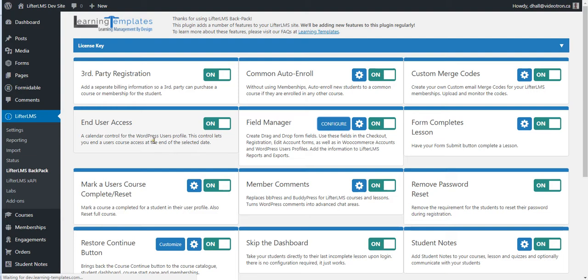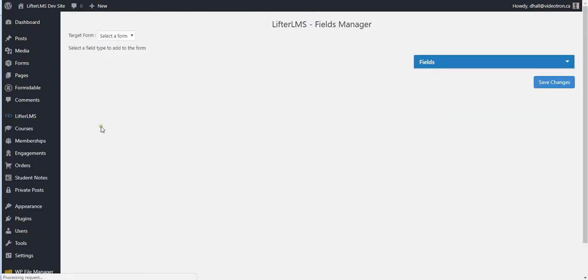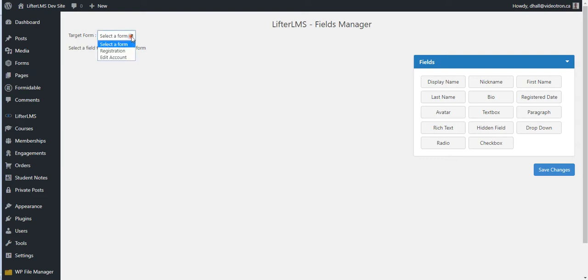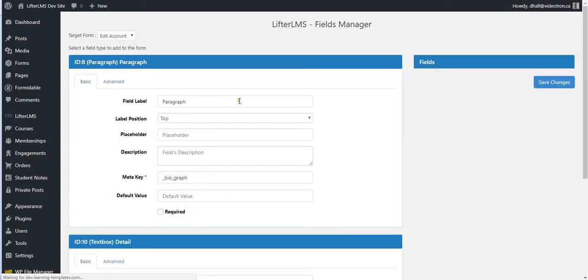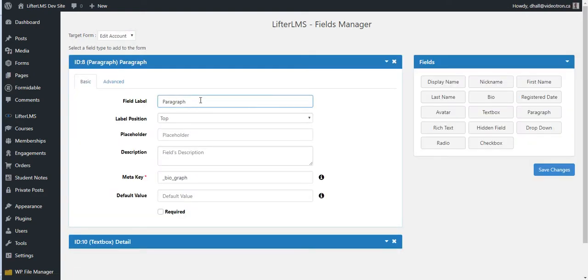So if we configure Field Manager, we now will get to have edit account in the menu, and whatever we create as fields here. So for example, I will use my paragraph field, good enough,